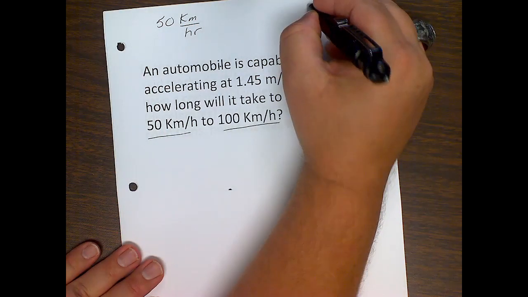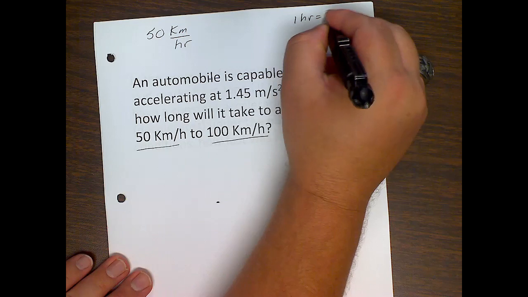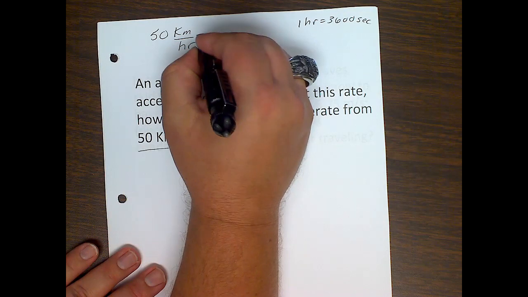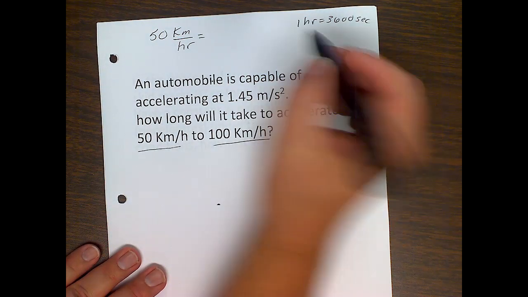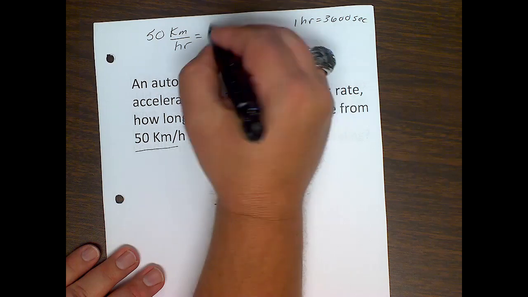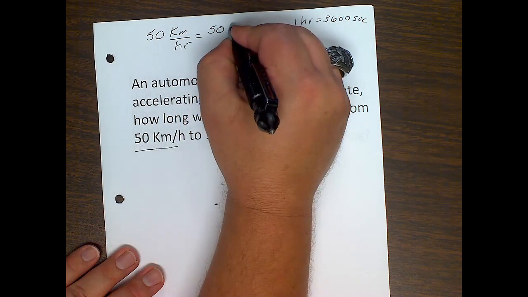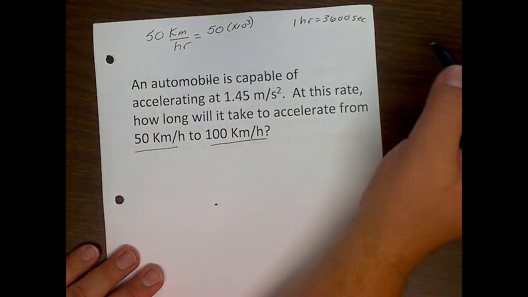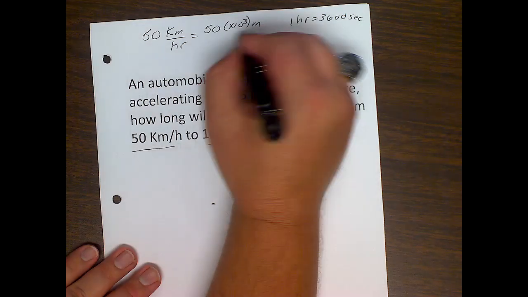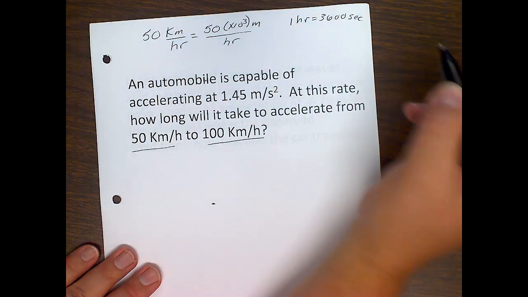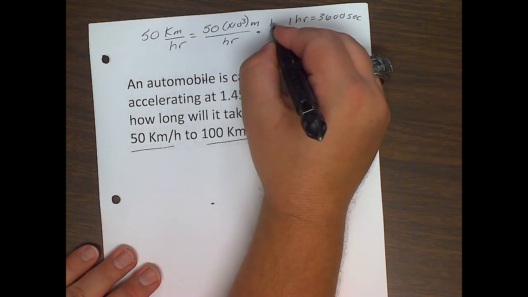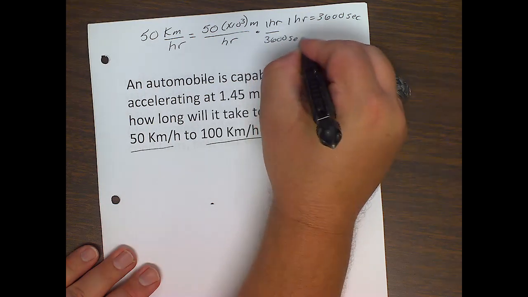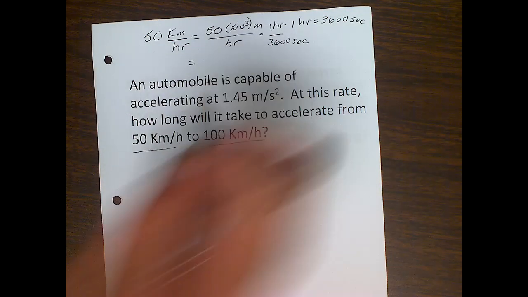Well, if you remember from earlier, 1 hour is 3,600 seconds. And I'm going to show you a cheap way, if you remember your prefixes, of handling a conversion with a prefix. K is 1,000. So there's 10 to the third. All I need to do is directly replace the K with 10 to the third, and I'm good. That gives us meters per hour. Now I can simply multiply by 1 hour over 3,600 seconds. So 50 kilometers per hour